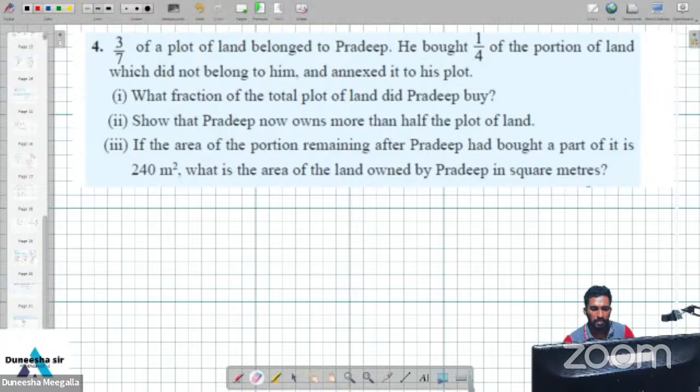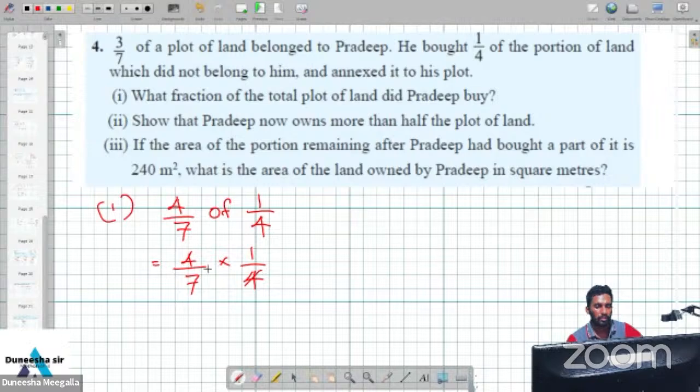Okay, can you tell me what fraction of the total plot of land Pradeep bought? How much he did not own, in fraction, is 4/7. Of that, 1/4, so you have to multiply by 1/4. How much? 1/7. Okay, then he owned how much land, the fraction is